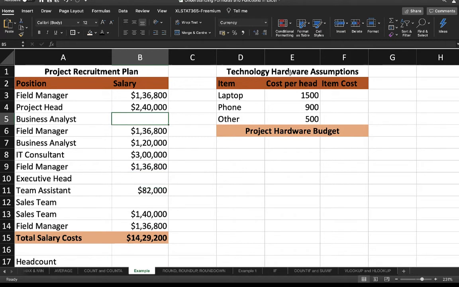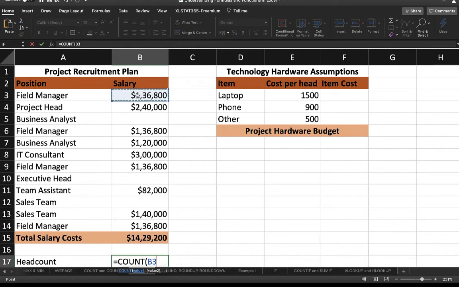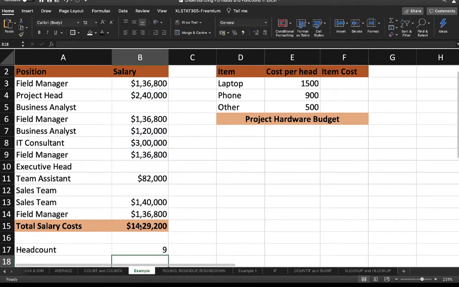Now here you see the hardware assumptions, what are the various items and cost per head and item cost. So first I'll type the head count here by writing the formula count from here to here to count the number of staff in the budget. So my result is 9.